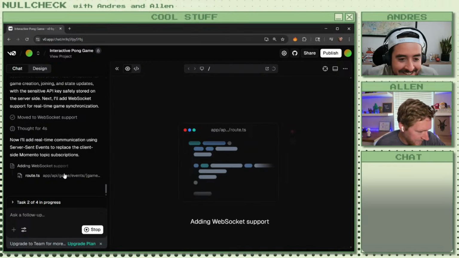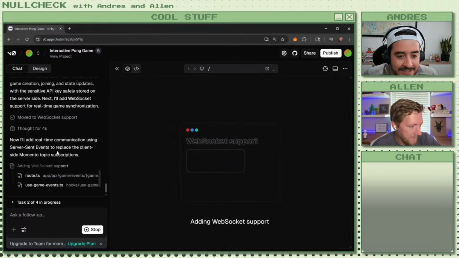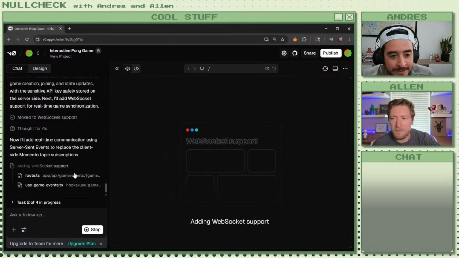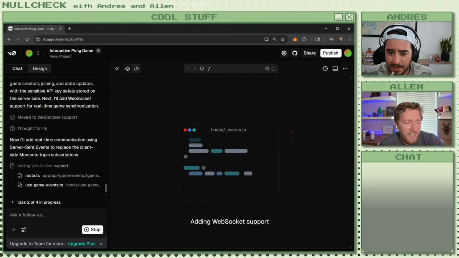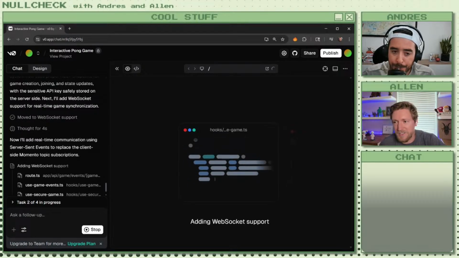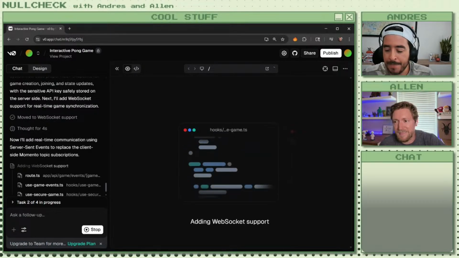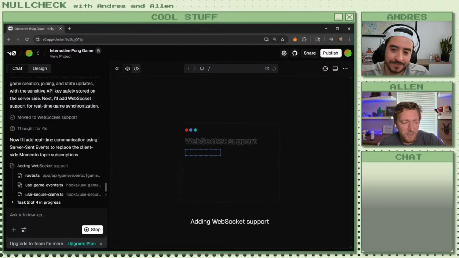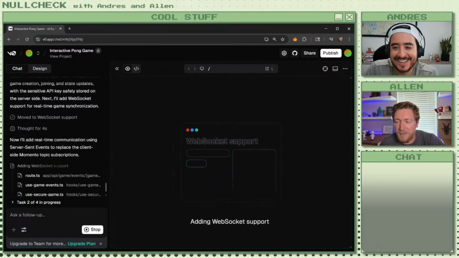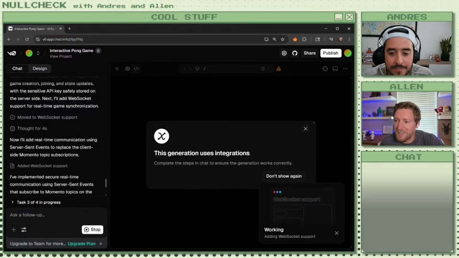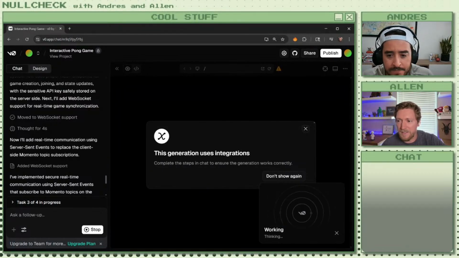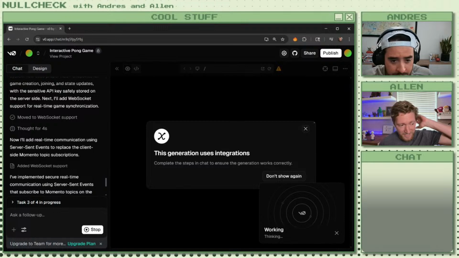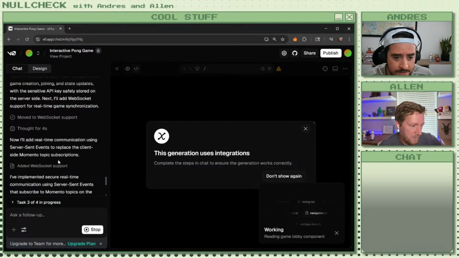No, see, what's it doing? I don't want that. It's adding WebSocket support instead of using the client because we didn't provide the public key, maybe? No, I think what it's doing is moving client-side movement to server-side movement. So, really, in the grand scheme of things, that is the correct call, but I wouldn't switch the underlying protocol. I would just take topics back up to the server and do that. So that's definitely going to be something that we're going to replace.